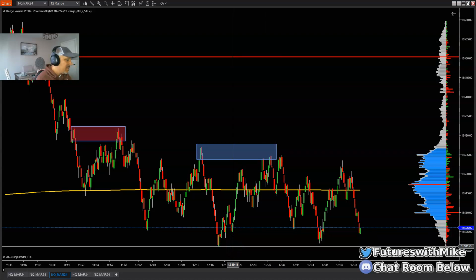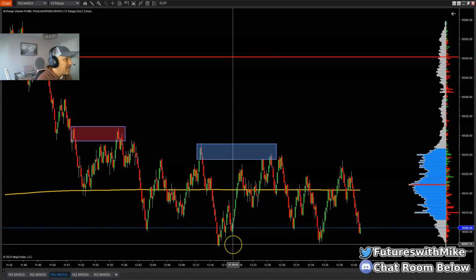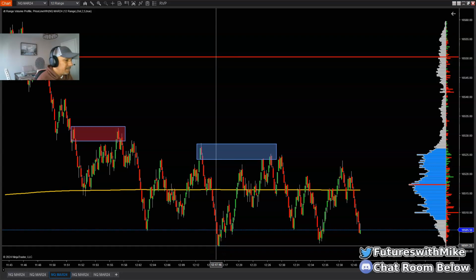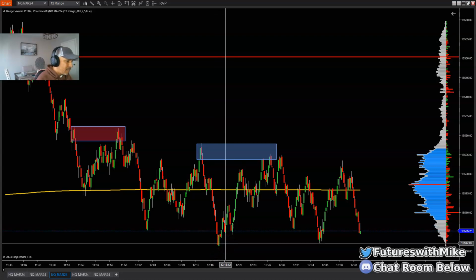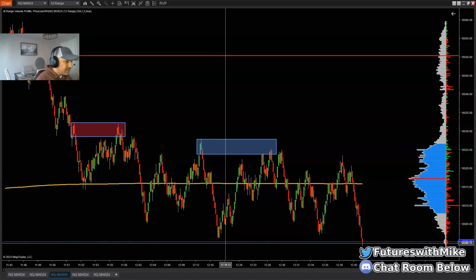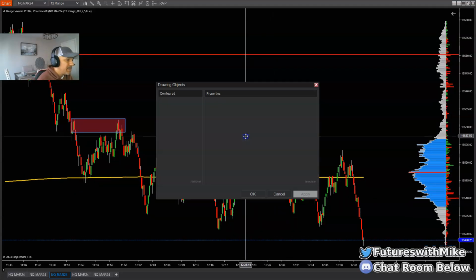Now 500 is a round number, so it could bounce here. So keep that in mind too, because it bounced one time, and the market likes to react at half round, in those hidden pivot areas, okay? Let's see, look at it. Coming down, boom, it breaks it. See? As I'm sitting here, this is clear as day, talking to you about this. What does it do? Come down there and breaks it.